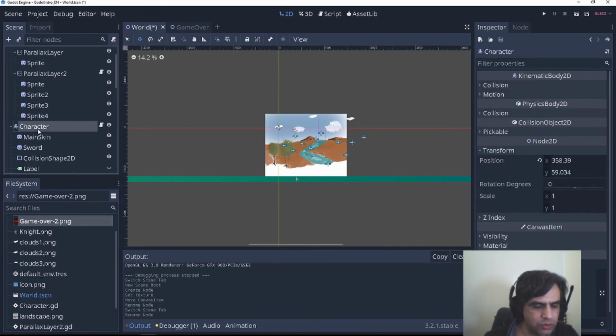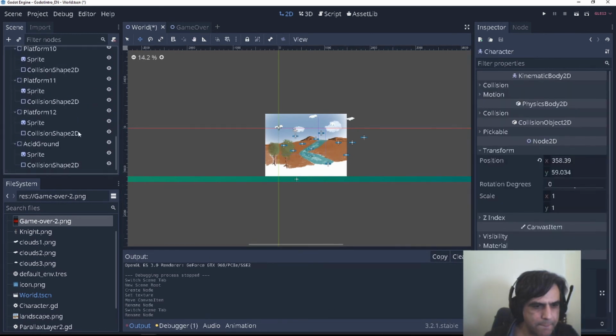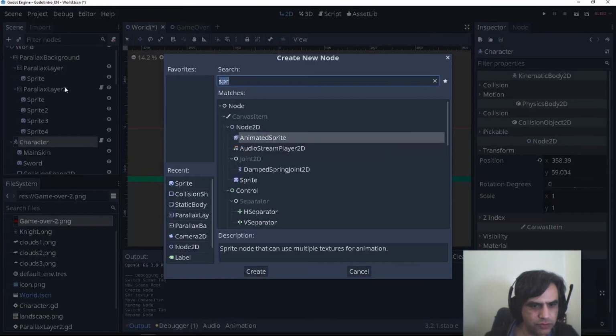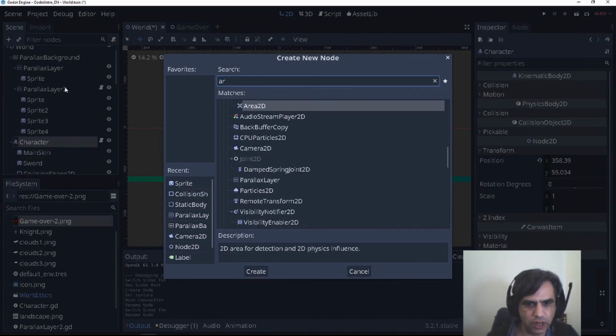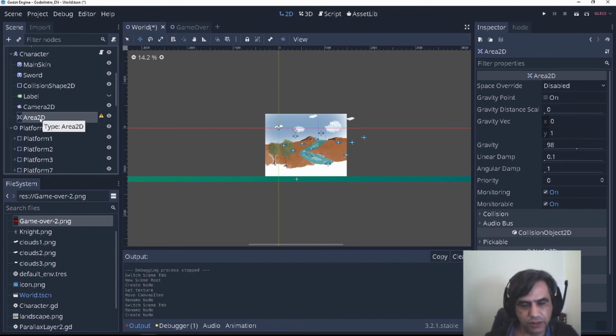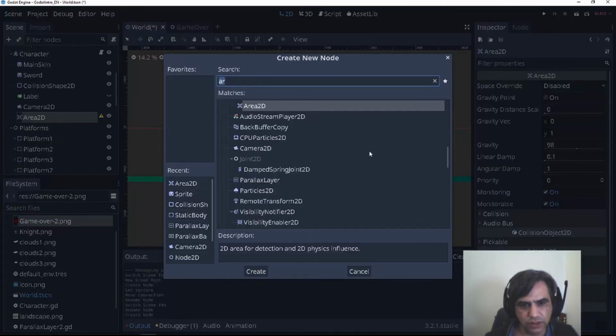So we are going to have one thing that is called Area2D. This is a little bit advanced, so this is not for the introduction tutorial, which is over, but I'm going